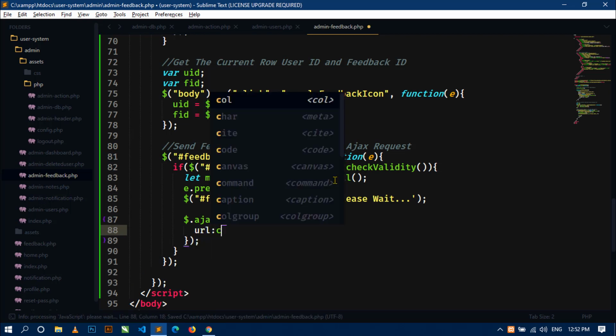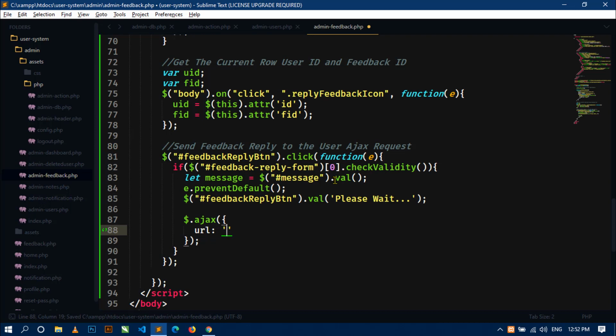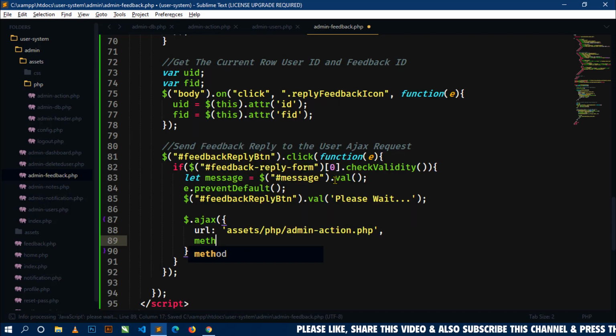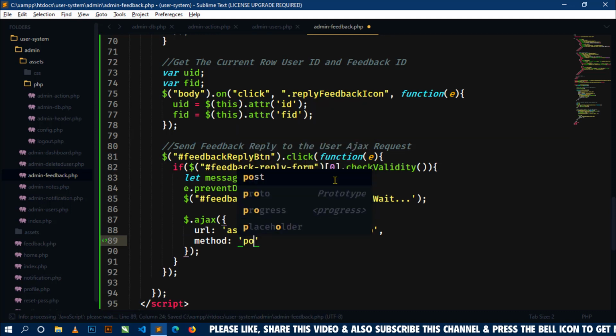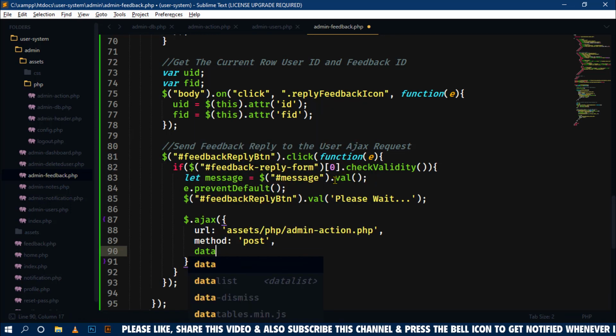Here I will use URL, and in URL I will write assets slash php slash admin-action.php. Okay, and next I will use method post, and in data I will send